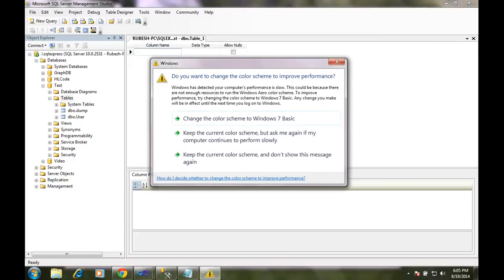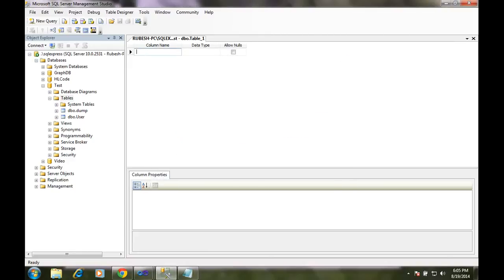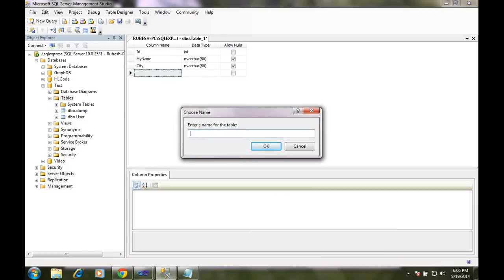ID, we are giving integer, allow null, just remove that, and name, my name, nvarchar 50, and city nvarchar 50. Just save this table. City table. Okay, just okay.